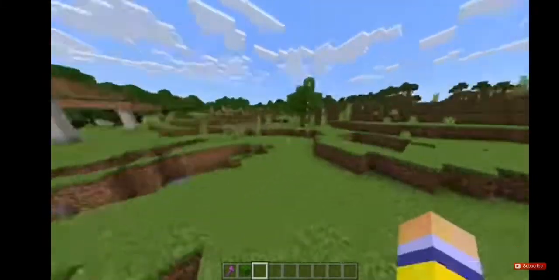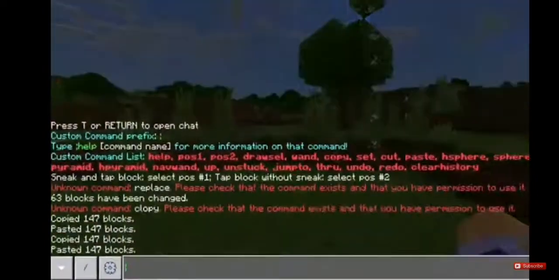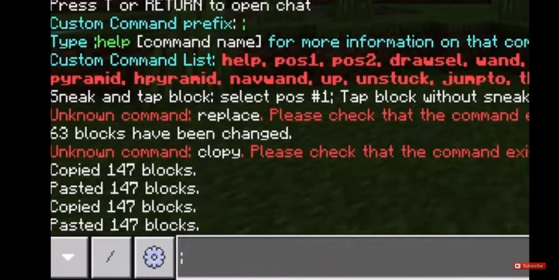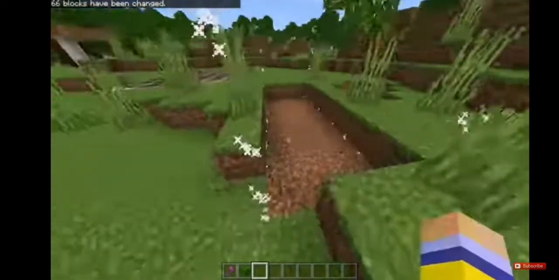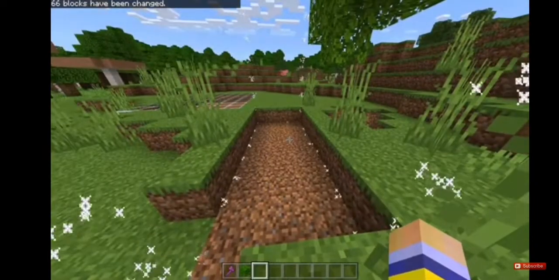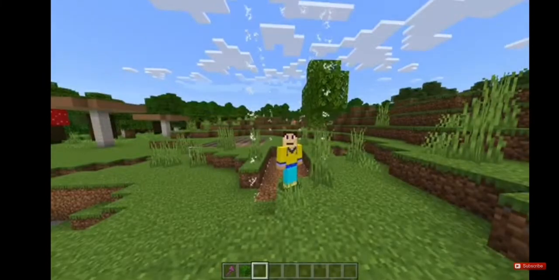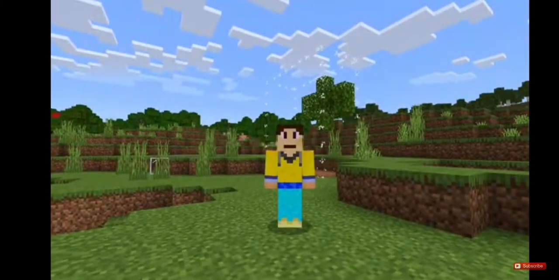And one final thing, if I want to change this to say air, I would just say semicolon set air. And boom, there you go, you delete this whole large area. Now this is very useful if you're working with builds and all that. It's very neat and it's actually very simple. It does similar stuff to the structure blocks,